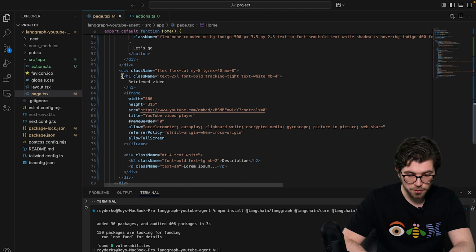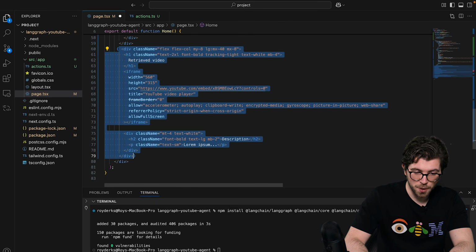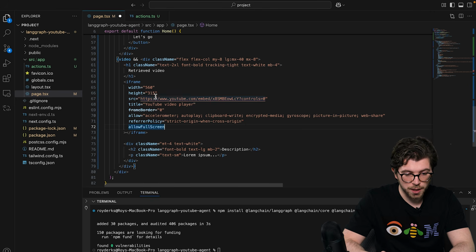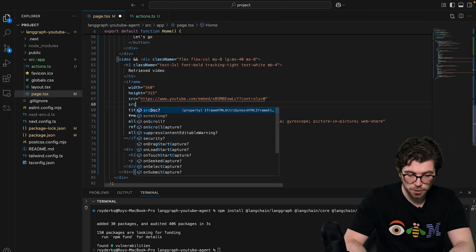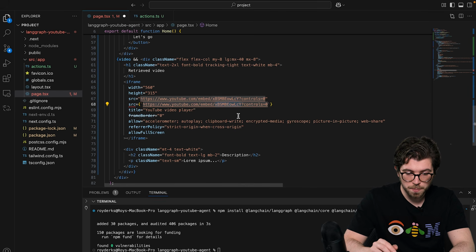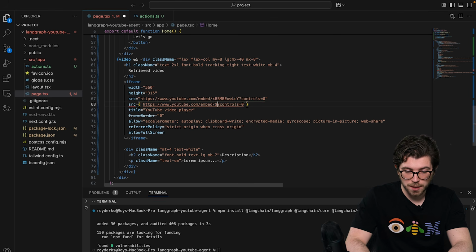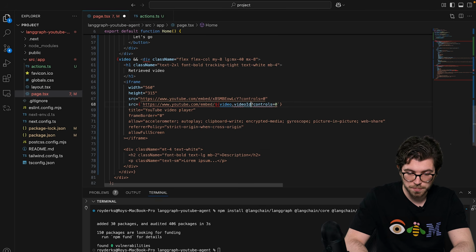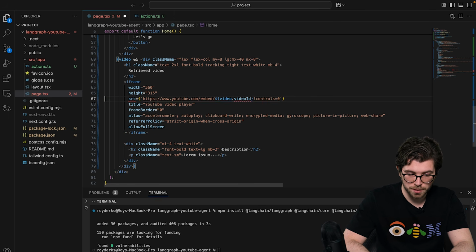Let me scroll down a bit to this iframe section, and let's make sure we wrap it in curly brackets and check for the presence of the video state first before we render this. And this means that we can actually hook up this dynamic video ID in this source. So instead of having the source which we have right here, we're going to create a new source which is a template literal. It's going to take all of this because we still need to have the embed URL. But now the video ID won't be hard-coded, but instead we're going to take the dynamic variable which is available in the state. So this is video ID. And just let me delete this one.